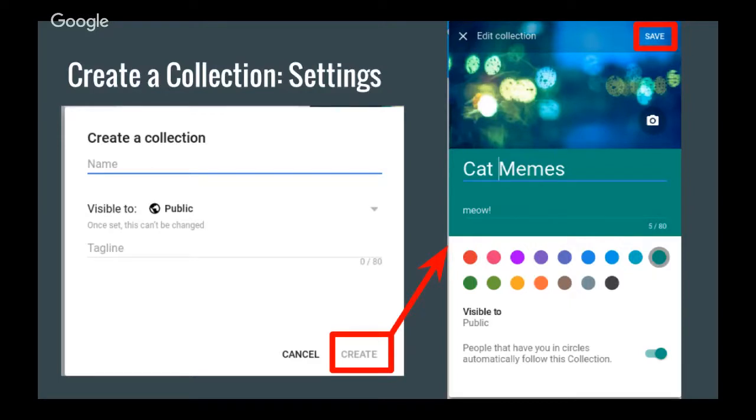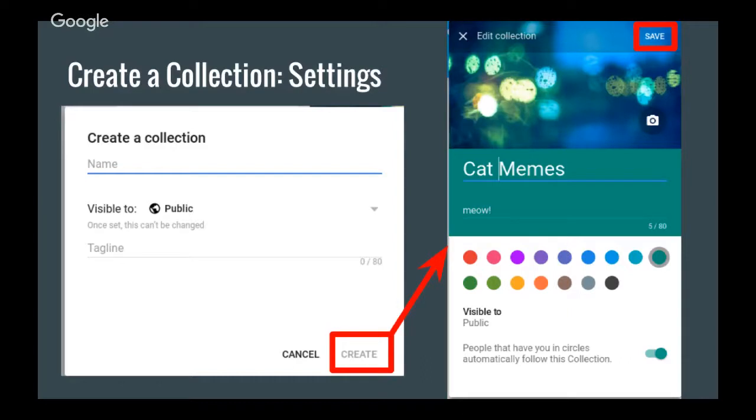Oh, nice. I like that. So say that again, just to clarify. Normally the default is to have that option turned on. If someone follows you, then they would follow that collection automatically. What this lets you do is turn that off on a collection by collection basis. And I'm pretty sure that setting can be changed later on, so you can turn it on and off, I believe.